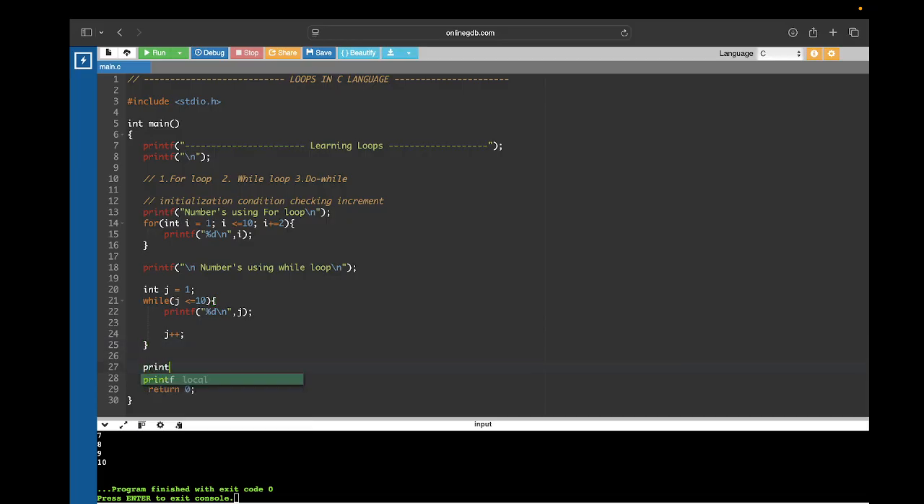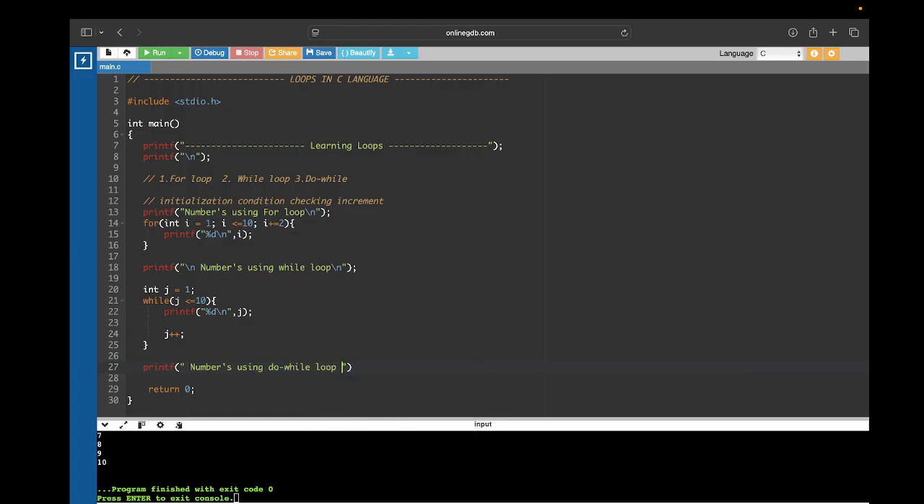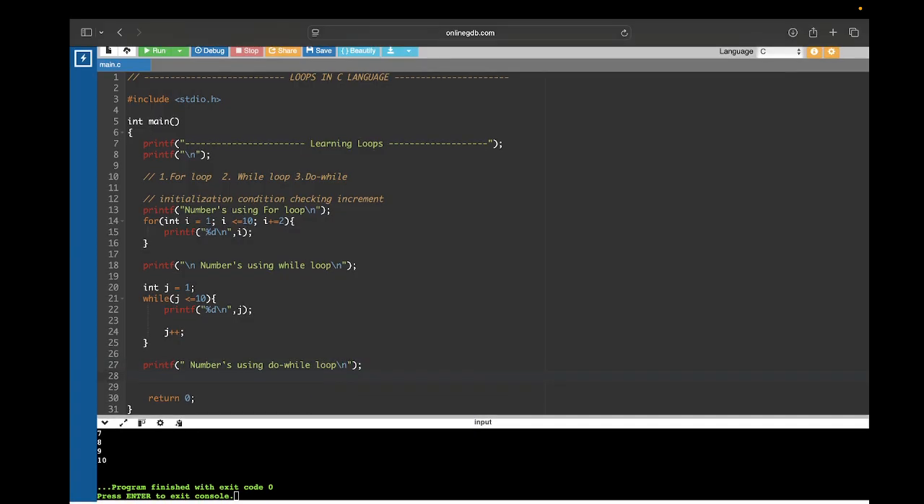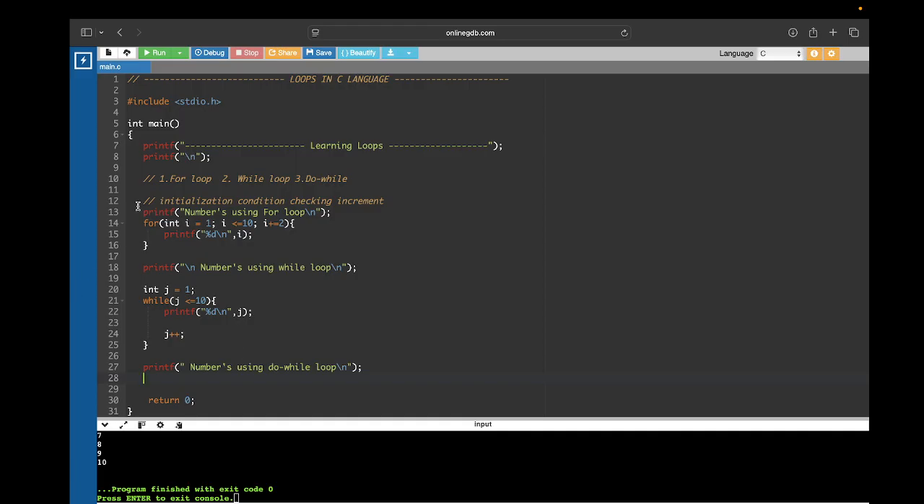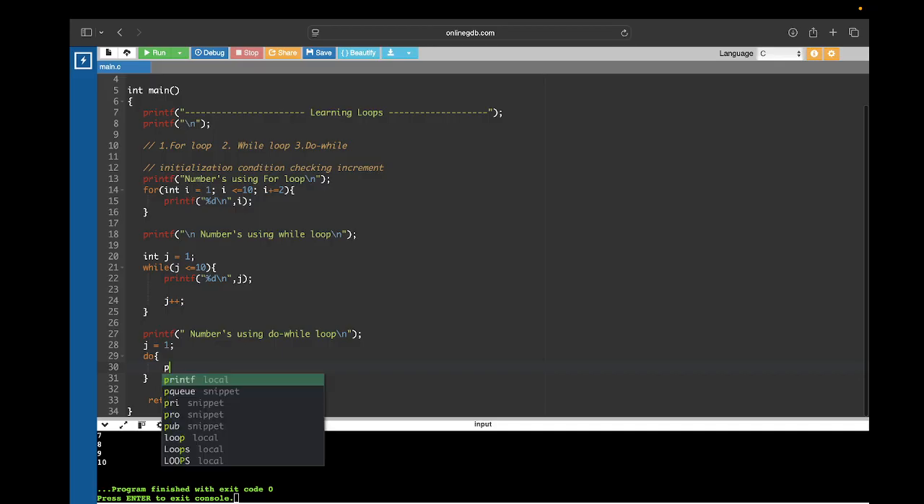Let's see how the syntax looks for a do while loop, because it's something different from these loops, right? So let's write a statement like numbers using do while loop. Here, as you see, we only have these three conditions. So here what we actually do is simply the initialization. Let's initialize the value of j to 1 again, so that we can use the same j here as well. Then we start our loop, we execute our